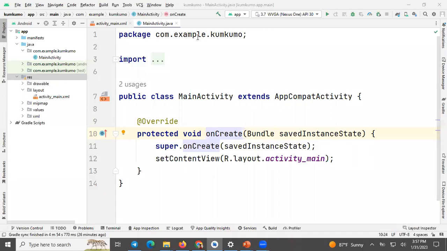So let me hide video panel here. Hide panel attribution. Yes. So